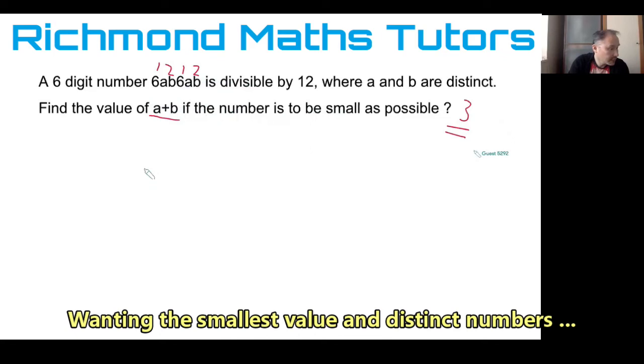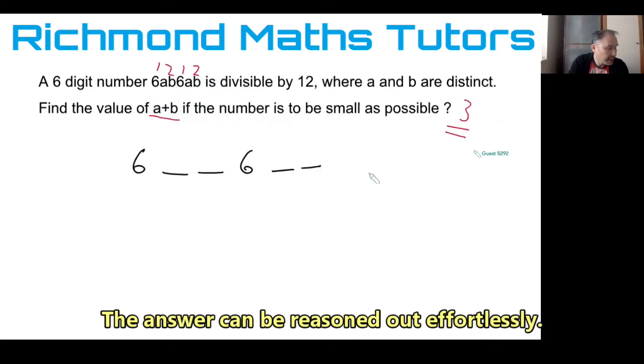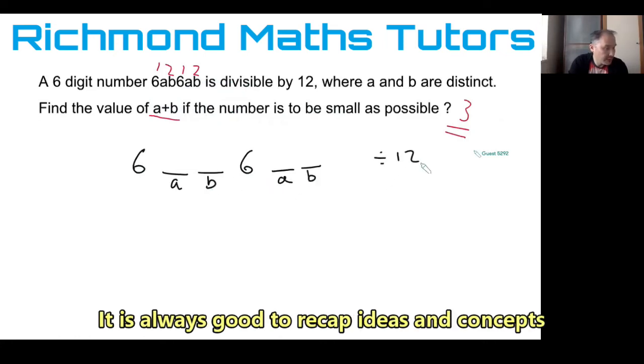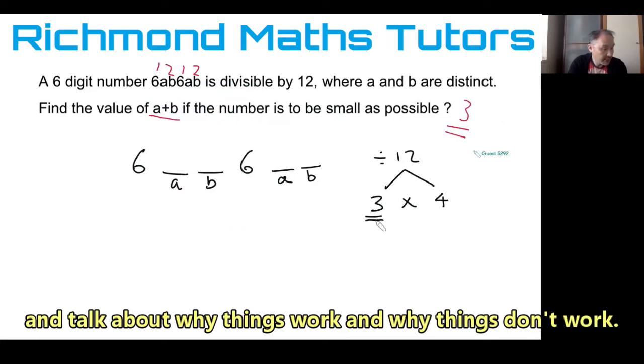Very nice. So we have this six-digit number 6, well, I'm just going to write it as blank blank and then 6 blank blank, but those blanks are different. I'll call this A and B, and this number has to be divisible by 12. And you did this by recognizing, well, 12 is 3 times 4. So if this number is divisible by 3, and it's also divisible by 4, then it must be